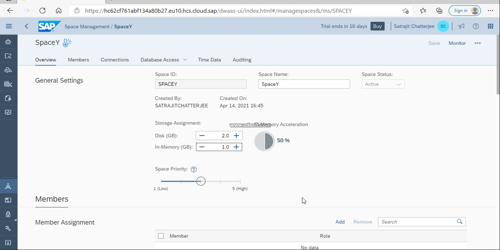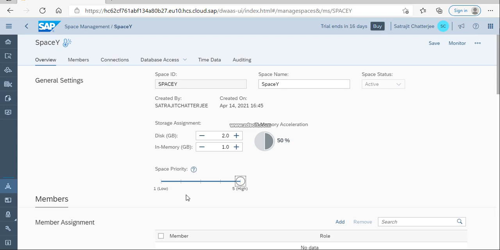Now the space priority. This space priority is nothing but how much priority you would like to give to this space. Considering a company might have different kinds of applications, some of them are very mission critical, some of them are not that critical. Like the financial application is generally critical, or maybe the breakdown or maintenance application, we cannot afford to bring those applications down. In that case those should be high priority applications. So you should set it to something like 5, high priority. In case anything is down, some of the other spaces get reduced.